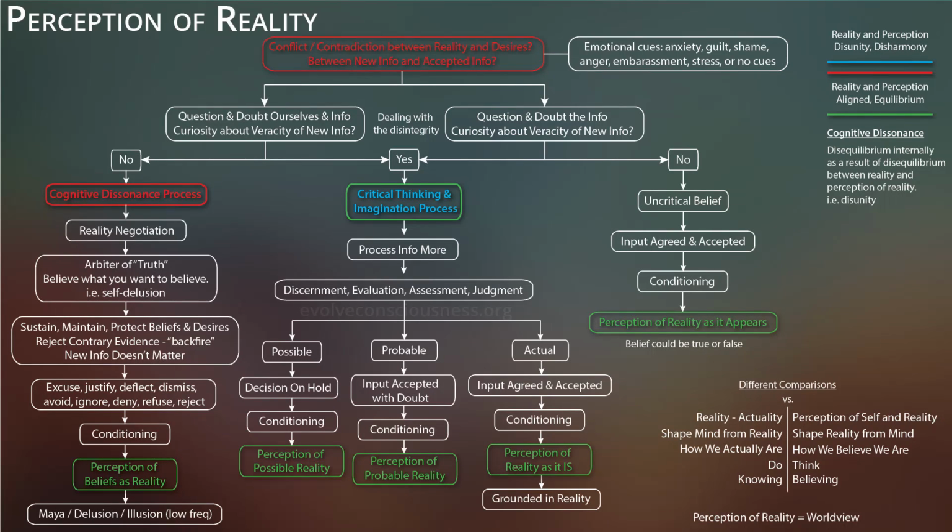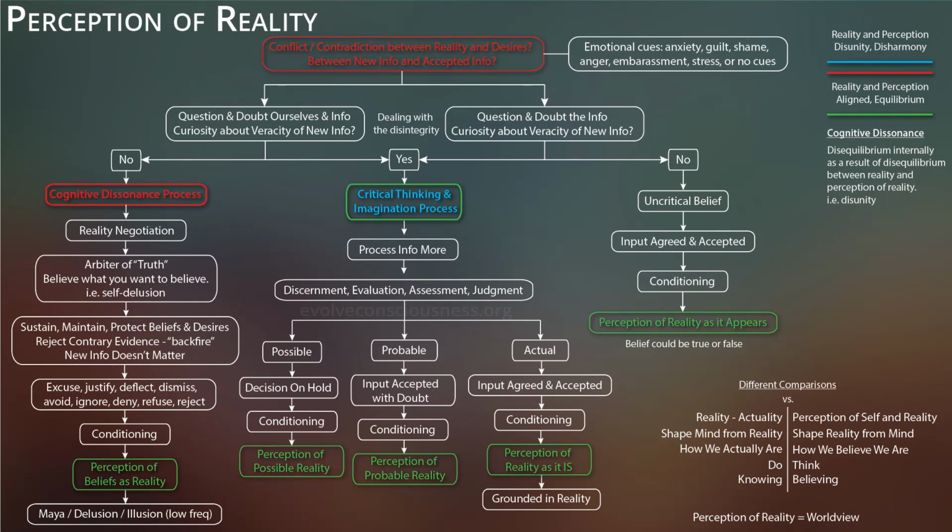That's because there was no conflict. So let's say there is a conflict between the new and the old, between what's in reality and what we desire to be real, between what's accepted and what's newly coming in as info. So if there is the conflict and we are going to question it, well then we're going to engage in that critical thinking and imagination process that I just went through in infographic number 9. But if we have those conflicts and we're not going to question it, well then we're going to engage in